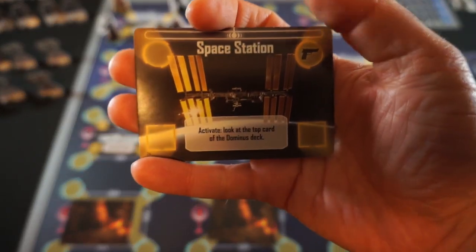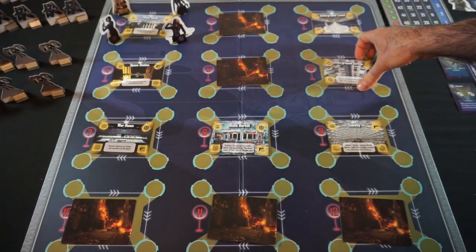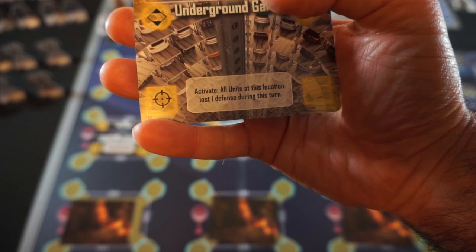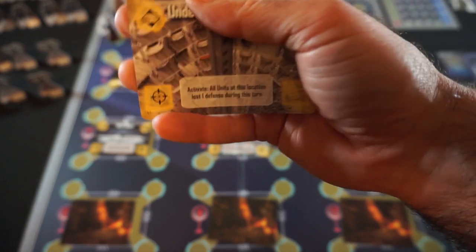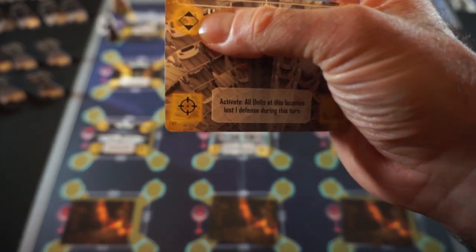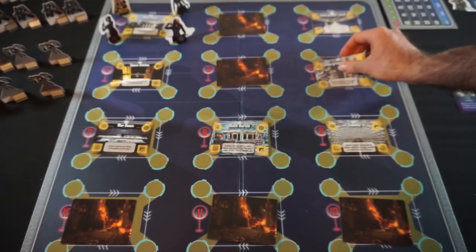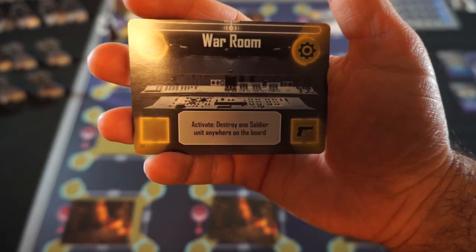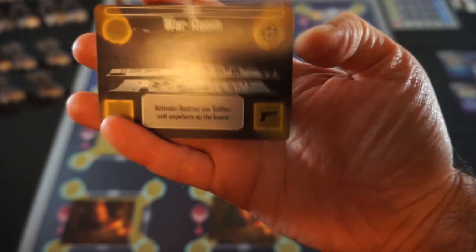Then zone 4, we've got the space station where we can activate it once again to look at the top card of the Dominus deck. This icon will let us draw a weapon. Zone 5 was destroyed. Zone 6 has the underground garage. We can activate this to have all units at this location lose 1 defense during this turn. Okay. The upper left icon lets us, I believe, automatically complete a mission. Yes. Automatically complete an active mission and then another target to let us destroy a revealed unit in the lower left. Then we've got Zone 7, the War Room, which we can activate to destroy any one soldier anywhere on the board. Upper right to draw a gear, lower right to draw a